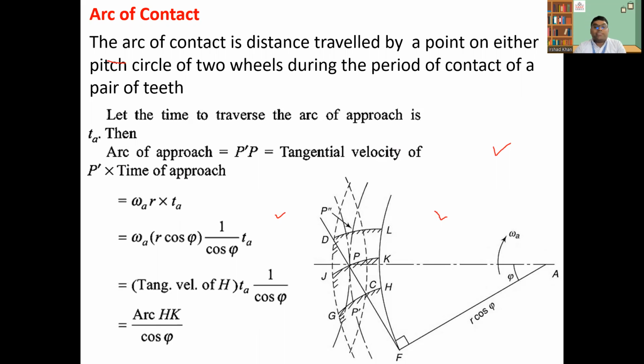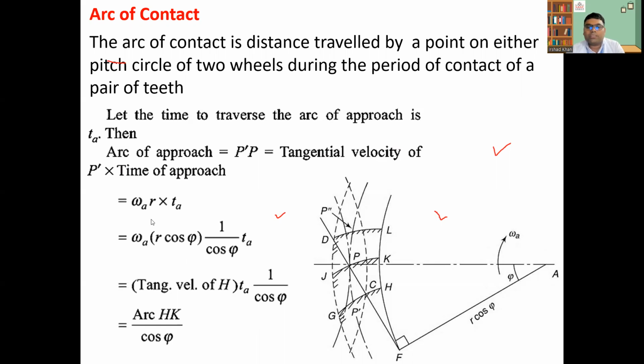The tangential velocity V can be written as the angular velocity of this wheel, omega A, and the distance from this P. So this is the circle radius, R. Once we multiply with this and the time, we can rewrite R into cos phi 1 upon cos phi